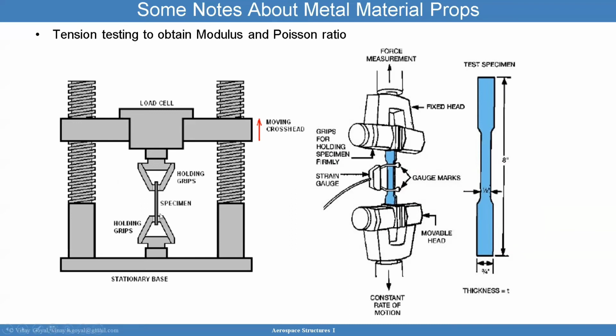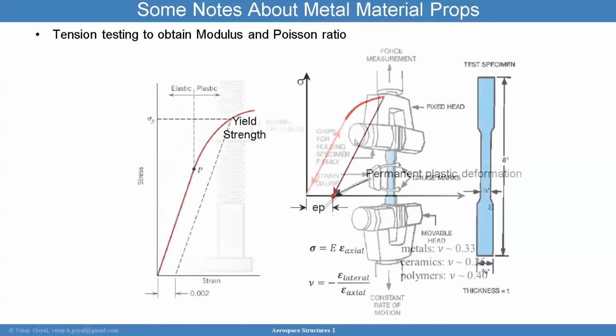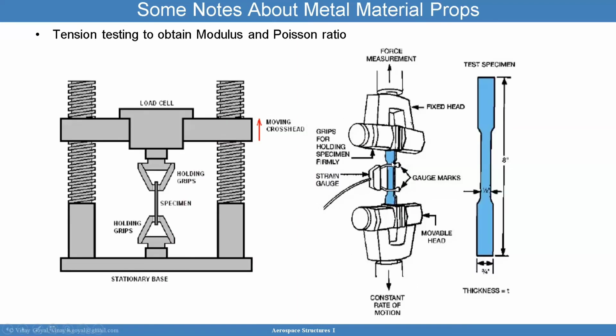you will typically have a machine, and the machine applies a loading tension that measures the modulus and Poisson ratio. And then you have strain gauges that measure the strains, and you apply a force here, which is measured. There's a fixed head, and then you have the grips here for holding the specimen. And then here's where you have your strain gauge, and you then apply a load to measure the stress strain